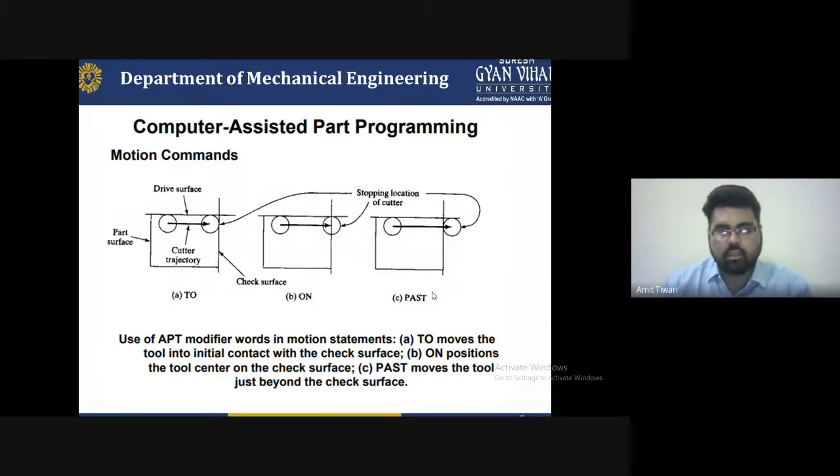So these are some diagrams to indicate a particular operation performed on a particular machine. First, TO indicates the cutter trajectory, or the part surface that is driven by the source. The other part is the drive surface area, in which two types of cutters are used on a particular machine, and the quality is obtained by supplying power to another type of cylinder. For that, we have to understand the quality phenomena.